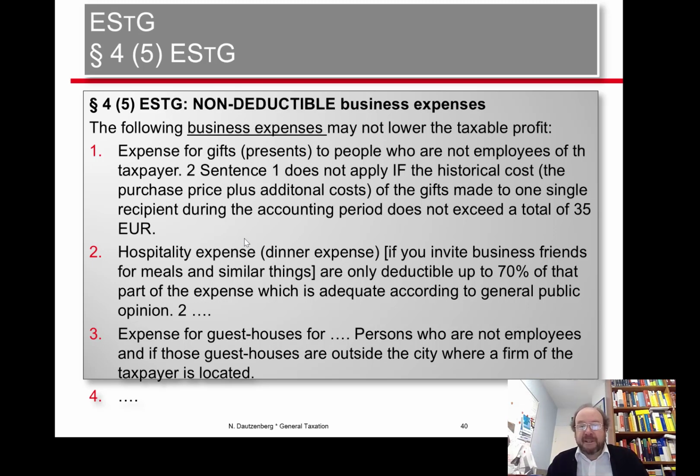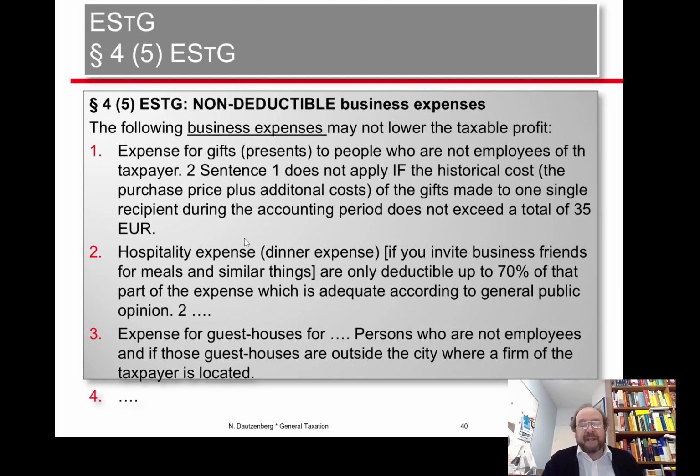Small gifts are allowed. So if you make gifts to business friends and the total amount of the costs for the gift does not exceed 35 euro per year, then it remains deductible. But that is an if clause. So if you pay 35 euro and 10 cents for the present,